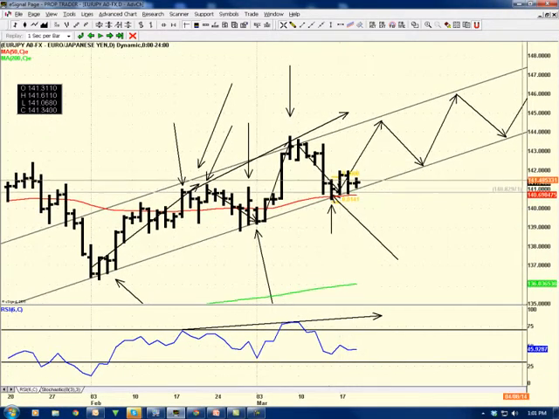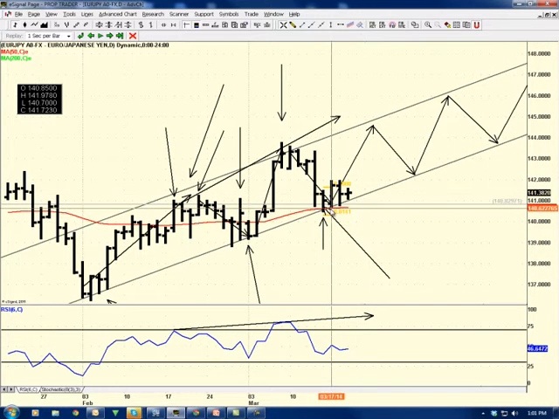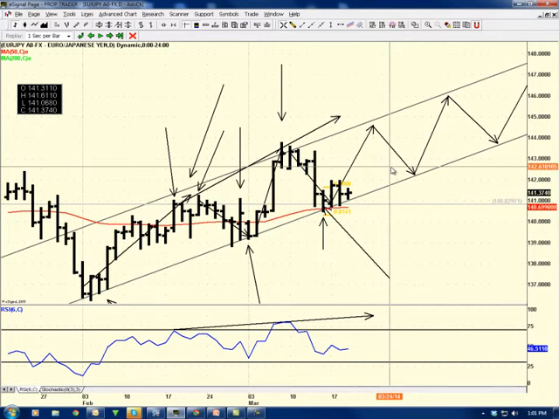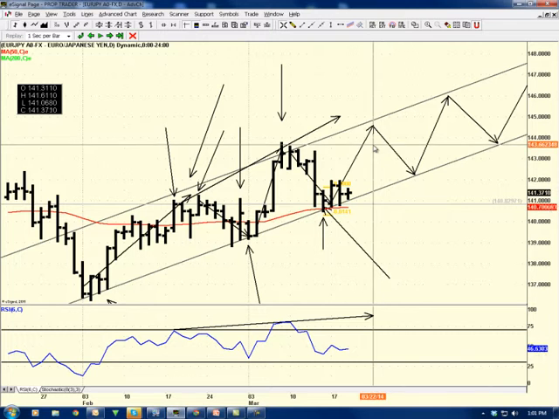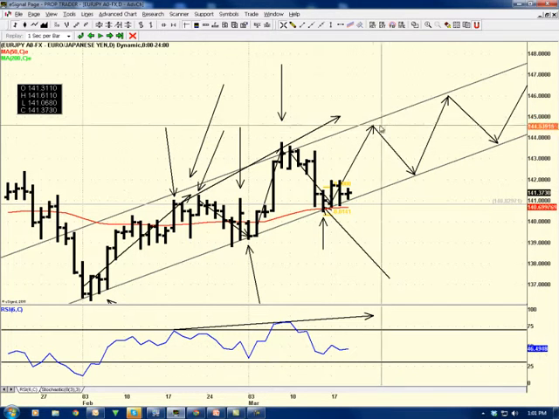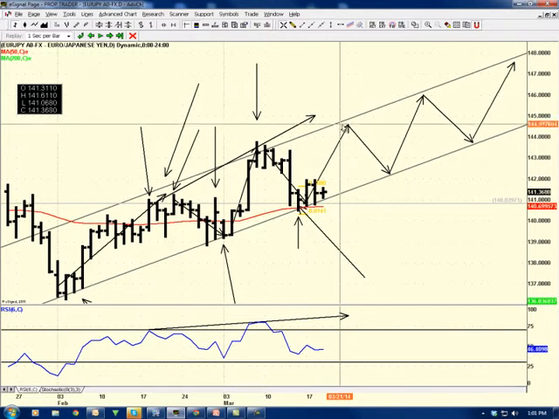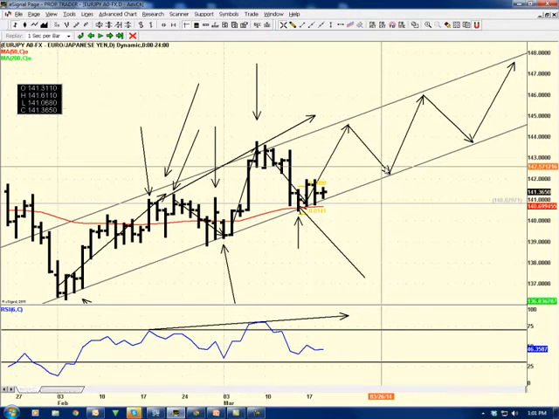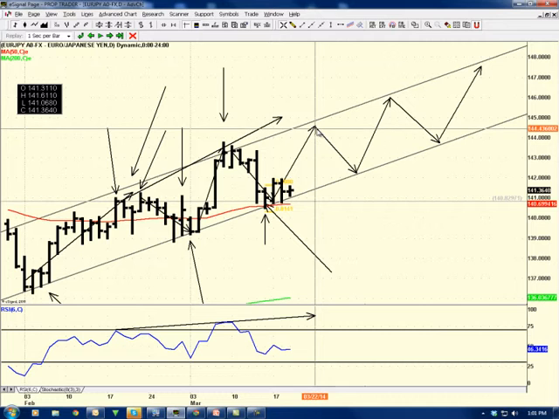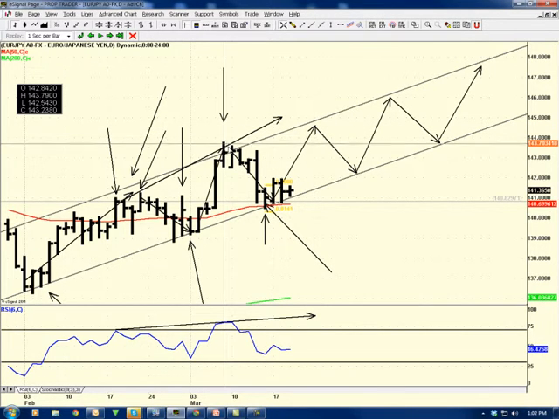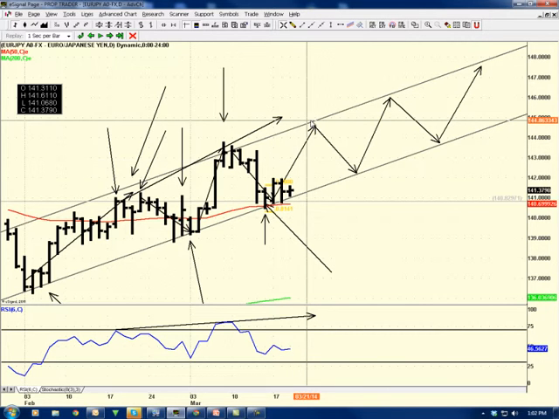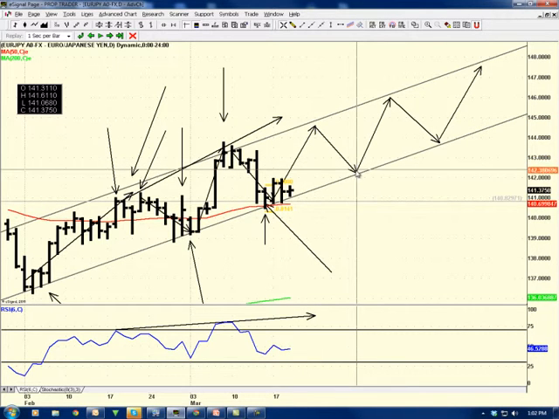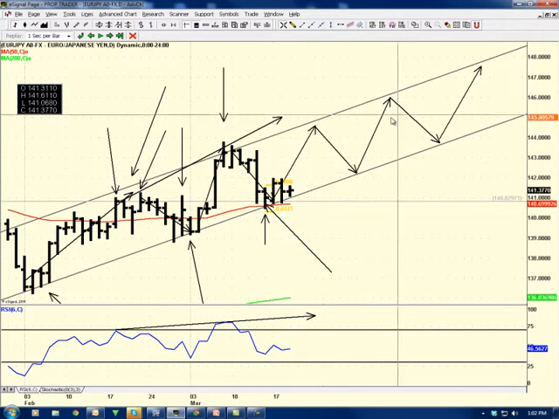So I'm just going to sit on it, and as it goes up, I'm just going to manage it, and that's it. I'm trying to bring it up to somewhere here. And then if it puts a new high and it pulls back, I'll be looking to buy it again, and so on and so on. Okay, but we definitely need higher highs and higher lows, so the price has to go past that high nicely, and then pull back, and this low can never take this low out, and then off we go. Okay,